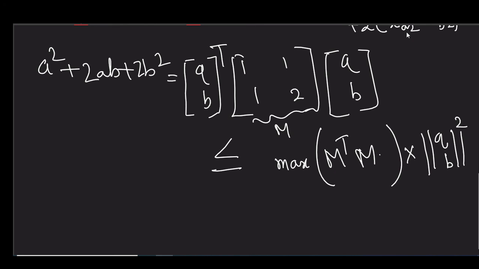Now if you try to find this matrix lambda max, you will get lambda max will be 2 point root under 2.168. This is the maximum eigenvalue of MTM. So we can write it like the norm of